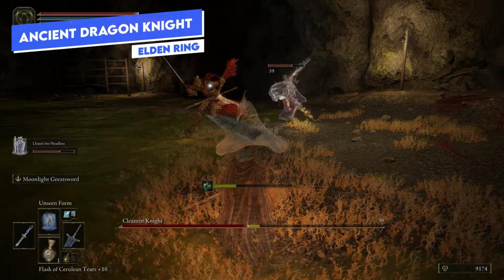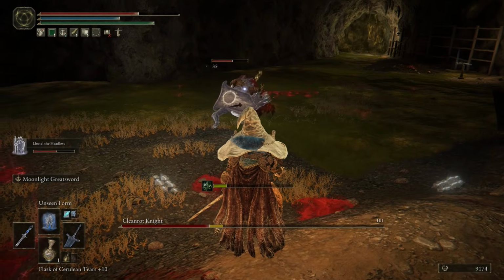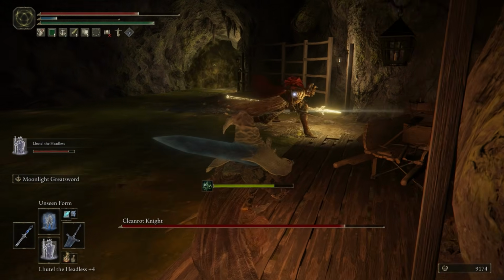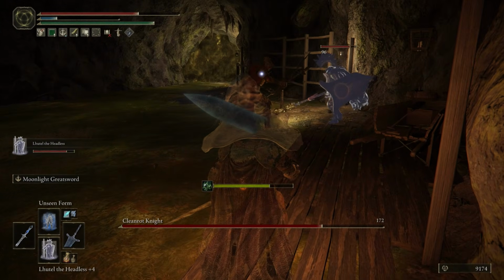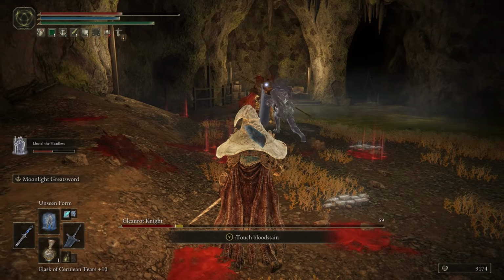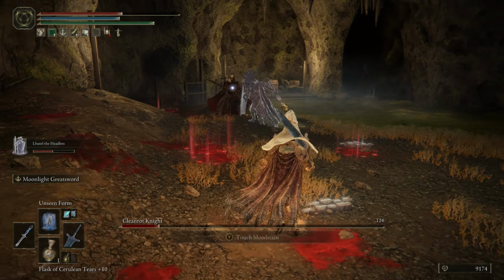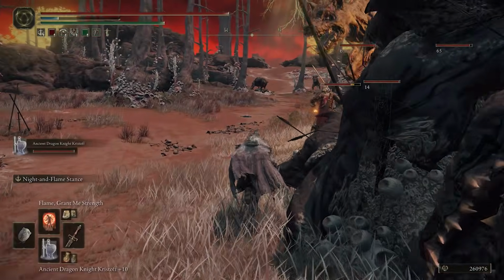Ancient Dragon Knight Kristoff is next. Now, in my original video, I talked about a really good option of Lhutel the Headless for any sort of tank build. Let's say you're playing a ranged build, you want a melee character that can tank some hits and take a lot of that aggression away from you. This is maybe an endgame version of that, because Lhutel the Headless is pretty easy to get in the start of the game, and the Ancient Dragon Knight Kristoff takes a little bit more time, but does function in a very similar role